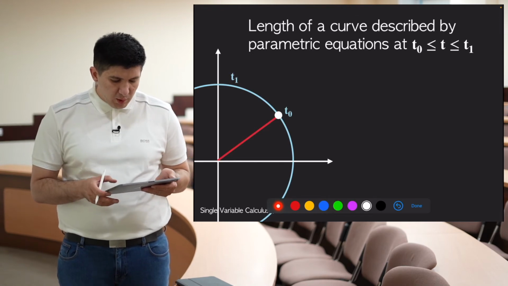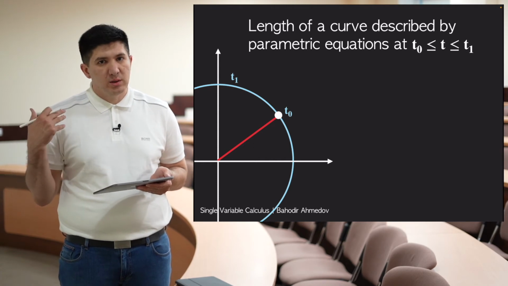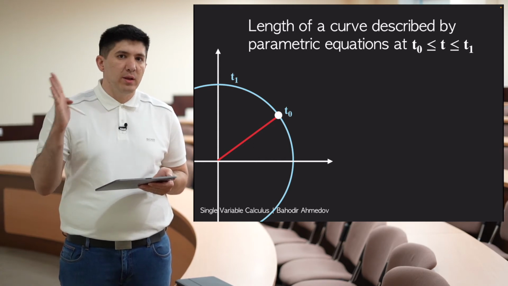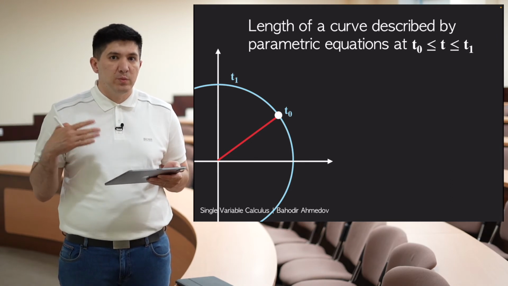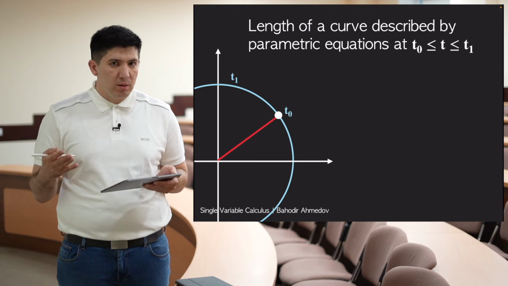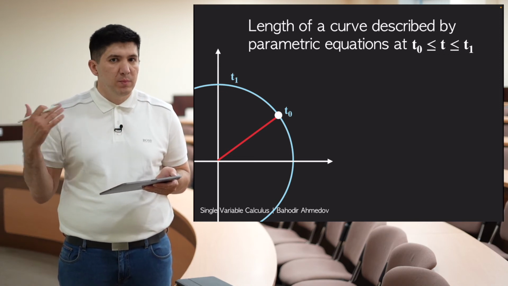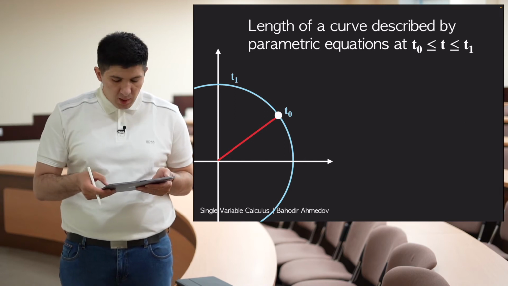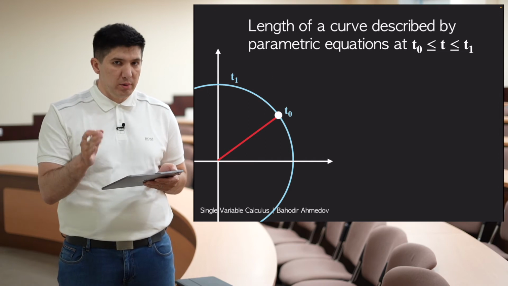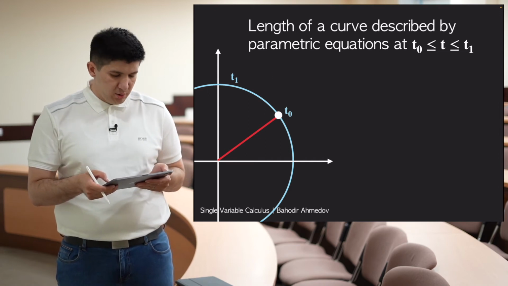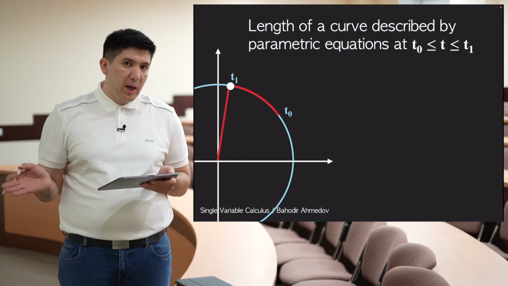curves. What I want now is to find the length of the curve, which is defined using the parametric equation. Obviously, the length is also going to be defined by some interval for the parameter, by some interval for the angle. So let's say I've got this point. When I choose the parameter to be equal to t0, then I'm just going to go over the circle, along this curve until the parameter t1,